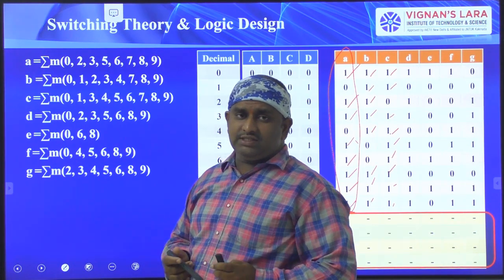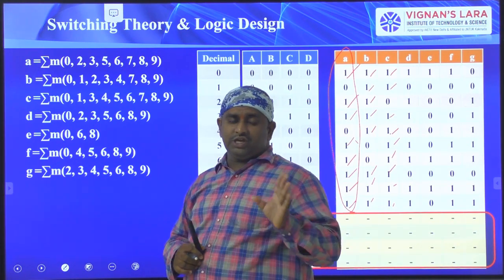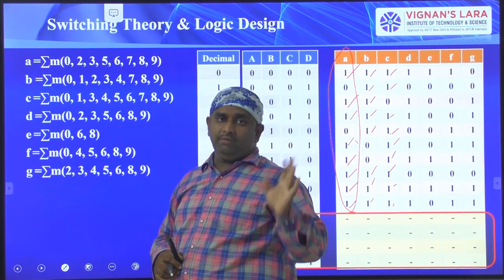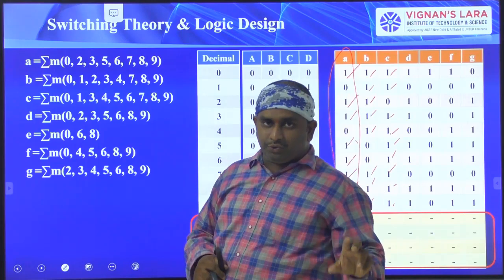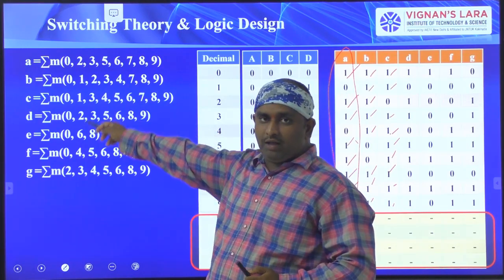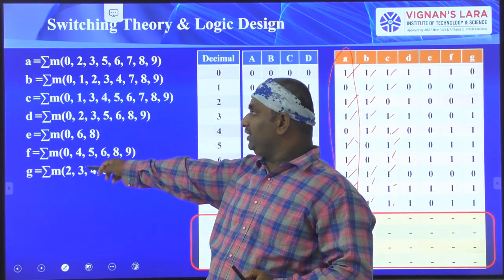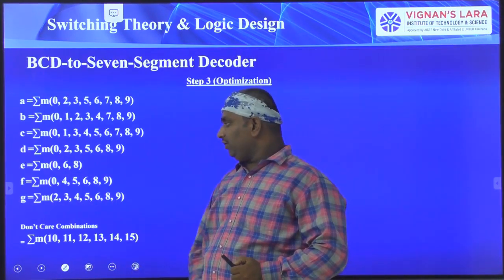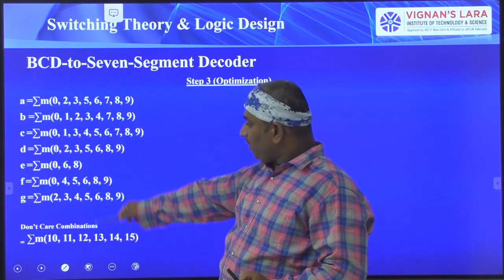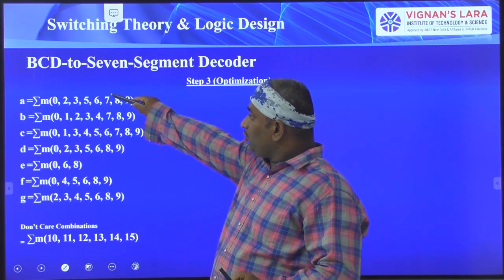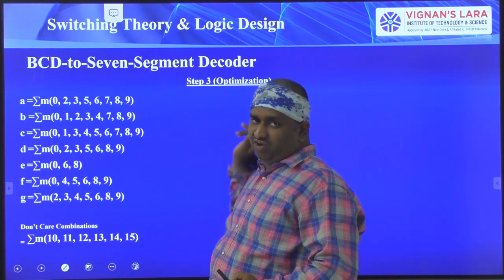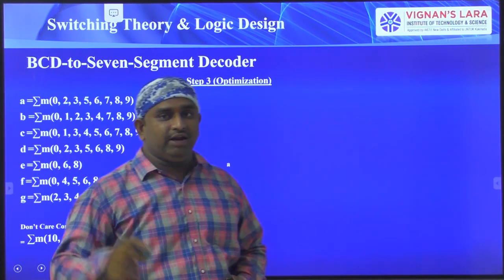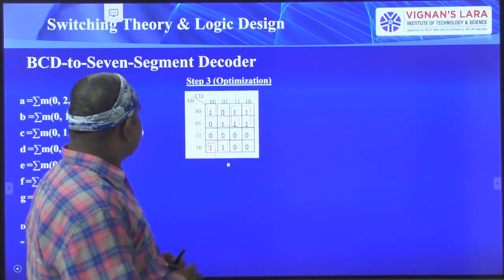Now, our task is started now. So the first step, you have analyzed the given problem. After that, you have drawn the truth table. From the truth table, you have drawn the Boolean functionalities for the corresponding outputs. Next, finally, you have written the don't care combinations. So these are the functionalities we have identified. Now, you have to draw the K-map for each functionality and analyze the minimized expressions. Finally, you have to show the minimized expressions.